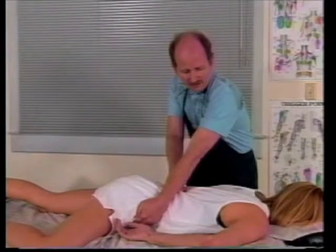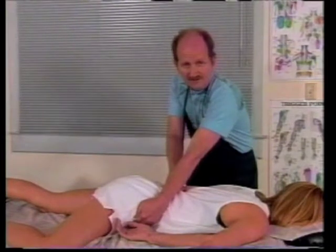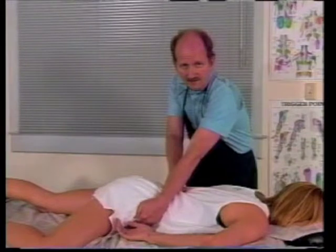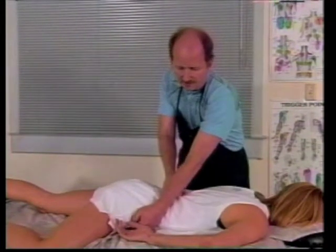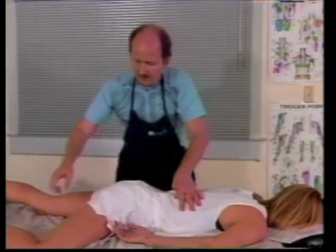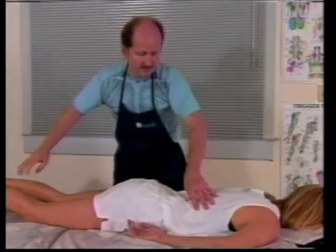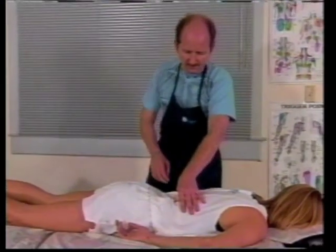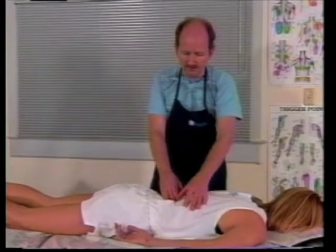And ideally, this should be a position where there's no pain. Does this feel okay in this position? Yes. Okay. Then we hold it, feel it let up under the thumb, and then we'll bring the leg back. And how's that feel now? Good, good. Now, I find that a little hard for body mechanics, so what I like to do now is